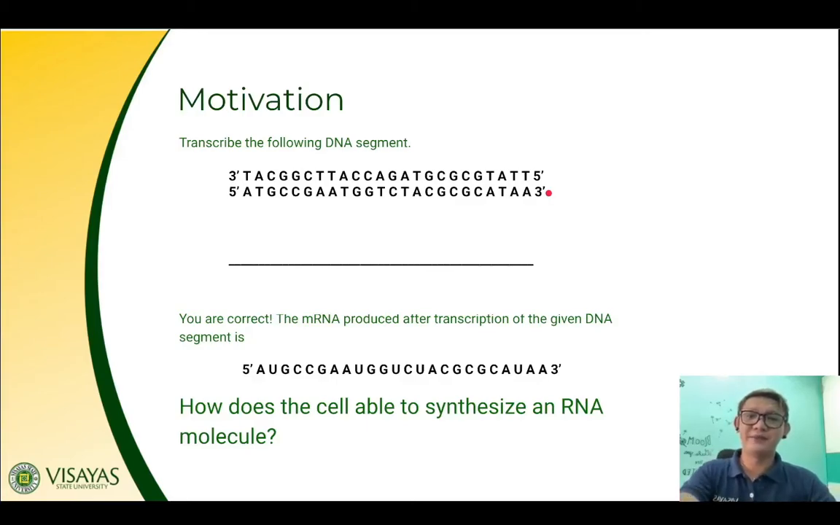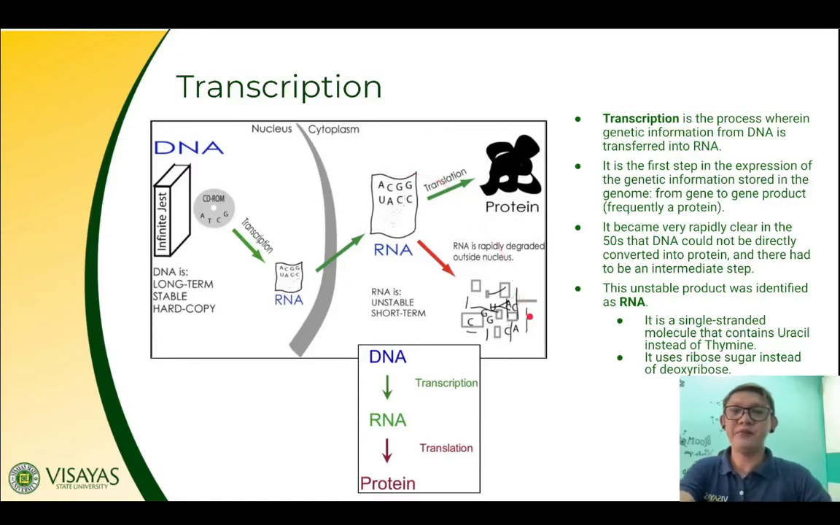So the question is, how is the cell able to synthesize an RNA molecule? How is this happening? We will look into the molecular details of this process. As a definition, transcription is the process wherein genetic information from DNA is transferred into an RNA. It is the first step in the expression of the genetic information stored in the genome. So from gene to gene product, which is frequently a protein, but not always, because